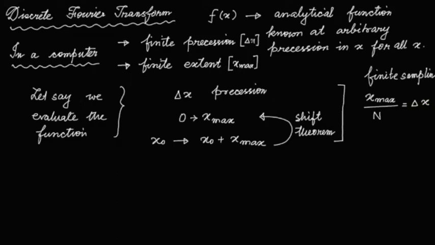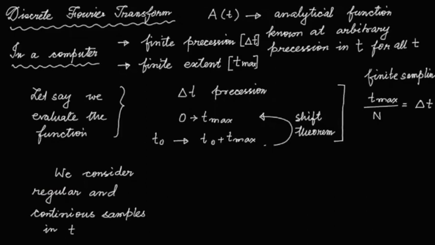Okay, or to say it more precisely, we consider n regular and continuous samples. Continuous sampling means that I do not sample the function at some points and then give a gap and then sample it at some other points. I also do regular sampling, which means that if I talk about a particular TL where it is sampled, so that TL will be given by